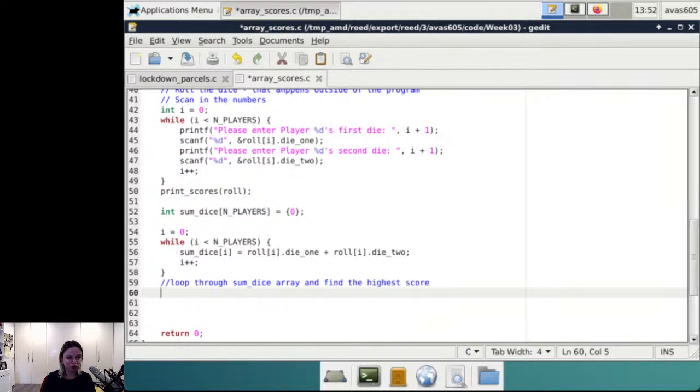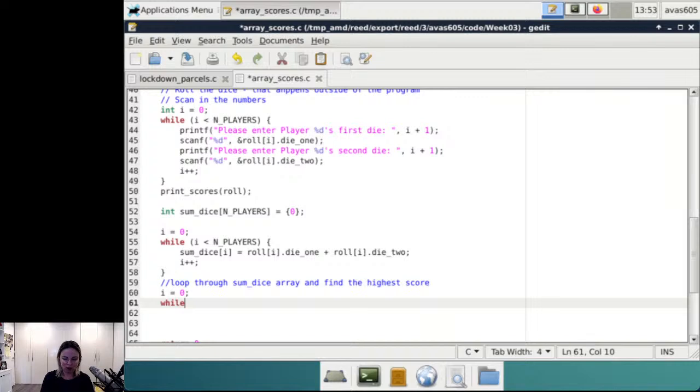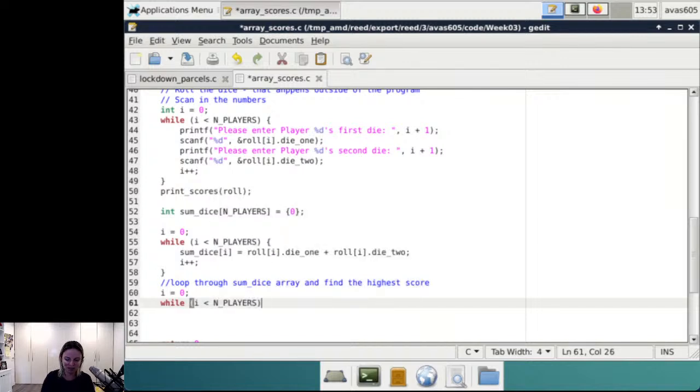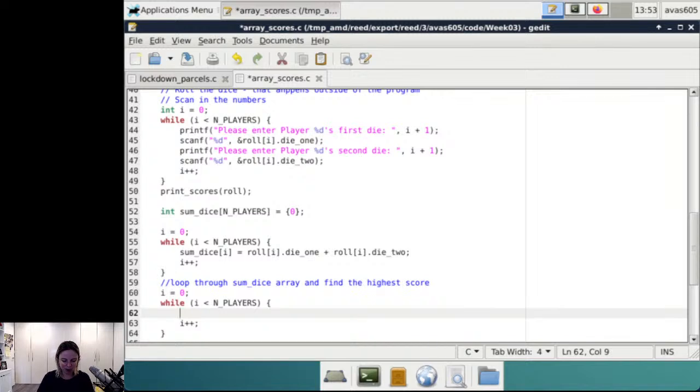Okay, again, we have to do a loop. Working with arrays is working with a lot of loops. They love loops, because the way to go through an array or traverse it is to go through a loop. So let's do that now, and we can see what we might need to keep track of. I'm going to go in here with my condition, always i less than the number of players, or however many elements there are inside my array, and I'm going to update the loop control. So now what do I need to do in here? I need to figure out if one is bigger than the other, and is the next one bigger than the next one? So this is quite an interesting